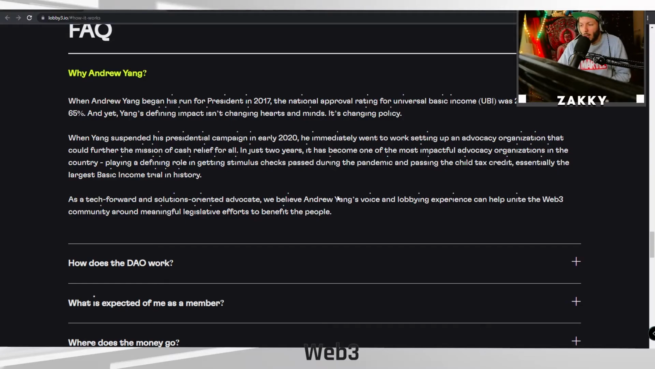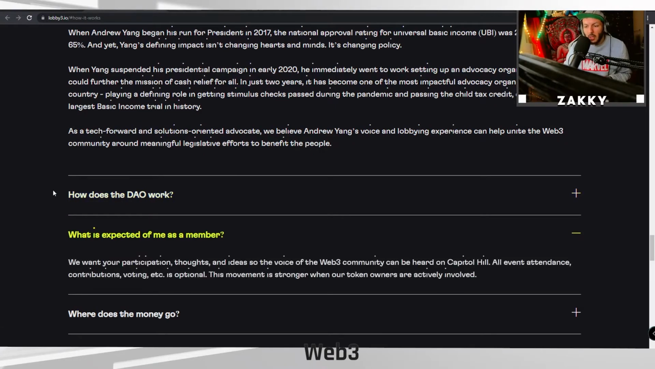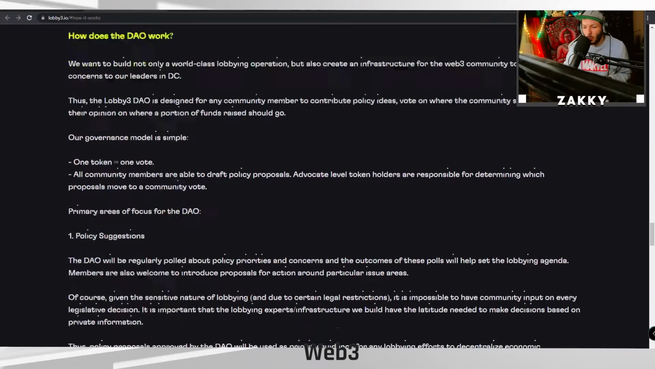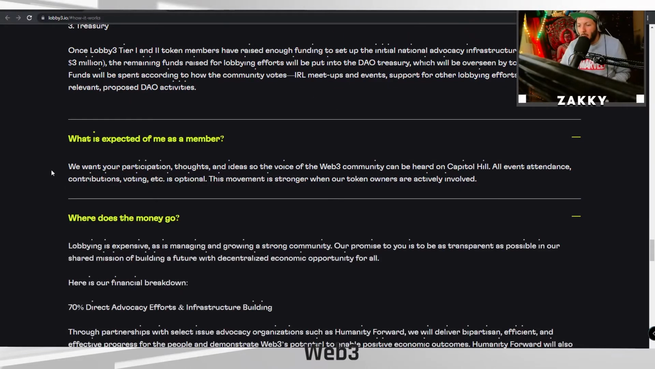In just 2 years, it has become one of the most impactful advocacy organizations in the country, playing a defining role. As a tech-forward and solutions-oriented advocate, we believe Andrew Yang's voice and lobbying experience can help unite the Web3 community. Let's have a look at, because I think we know how a DAO works, but let's go for the expected member. We want your participation, thoughts, and ideas so the voice of the Web3 community can be heard